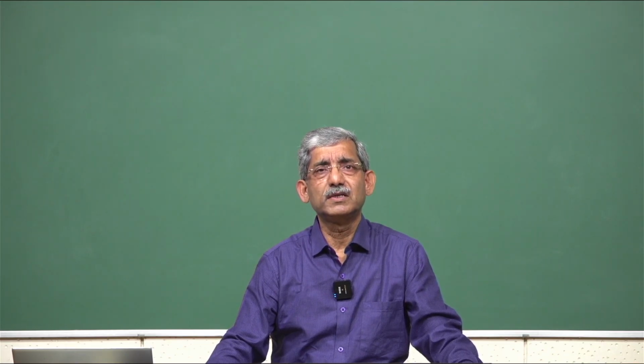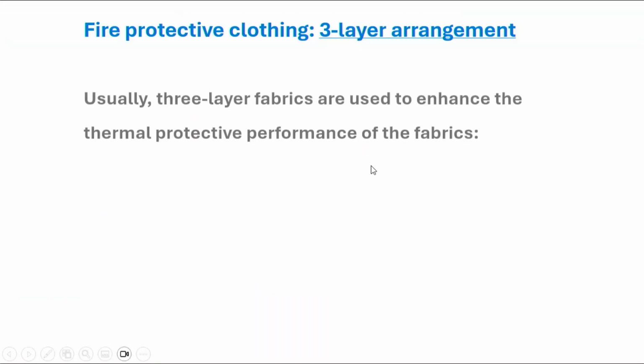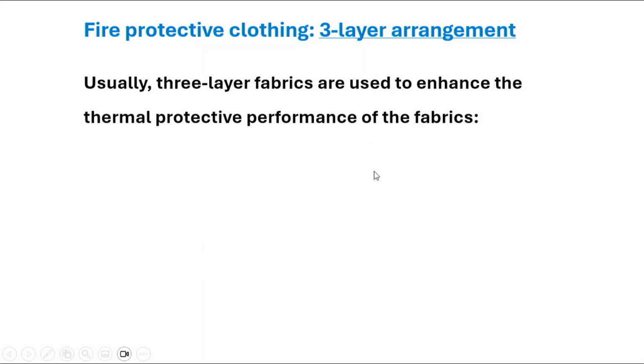Now, let us see the 3 layer arrangements of fire protective clothing. Usually 3 layer fabric structures are used to enhance thermal protective performance. So, we do not normally use a single layer. A single layer is always difficult to create, and the requirements of fire protective clothing are